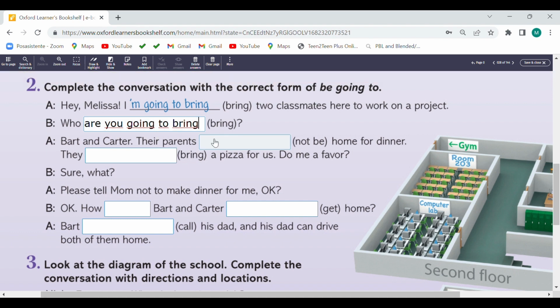And then aquí, their parents. Pero no dicen not, ¿verdad? Aren't going to be. En la parte de arriba sale la respuesta completa, ¿verdad? De color amarillo. Aren't going to be. Aquí lo que faltaría es el be. Aren't going to be.